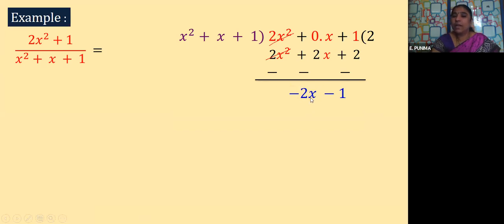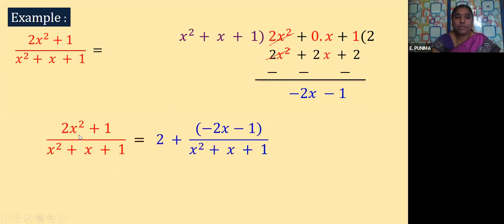So this is the case what we have. Otherwise, if it divides exactly, then we get 0, nothing but a 0 polynomial. Yes or not? So now let us see how you can write this as a division algorithm statement. 2x square plus 1 by x square plus x plus 1 is equal to 2 plus this, because the remainder is not 0, still this has to be divided. What is this? R of x. This has to be divided by x square plus x plus 1. So this by this we are writing here: 2 plus minus 2x minus 1 by x square plus x plus 1.